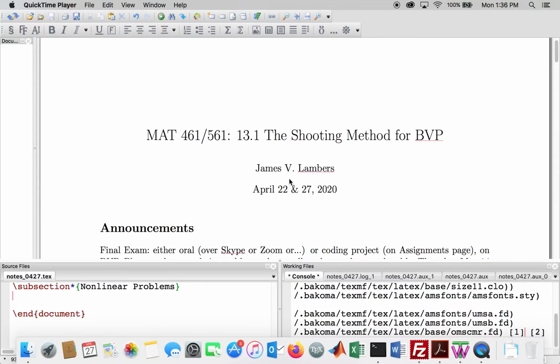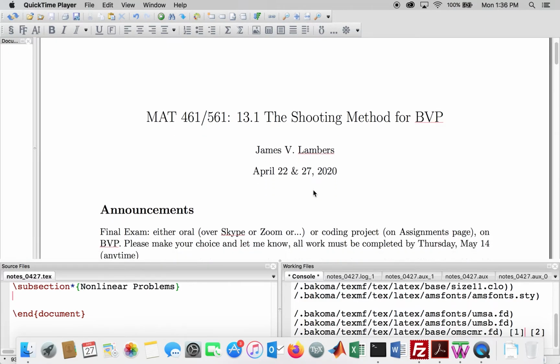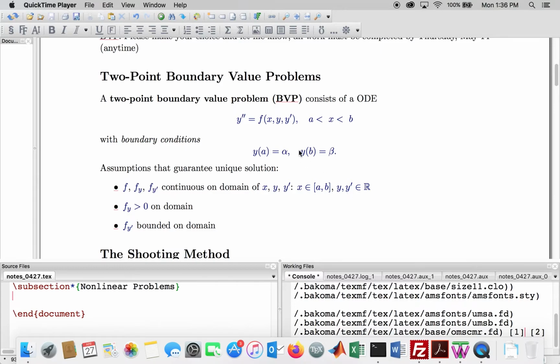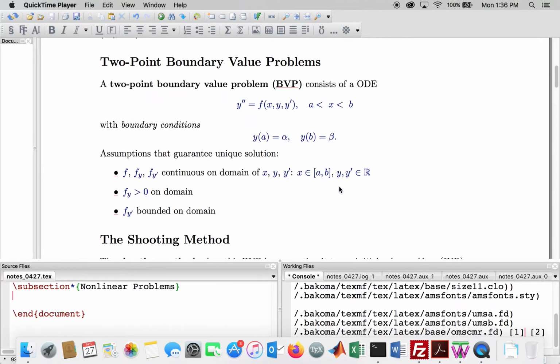Okay, so continuing with a discussion of boundary value problems, and in particular the shooting method. First, a very quick recap from last time. This is the problem we're solving: a second order ODE on a bounded interval, a to b, with solutions specified at the endpoints. These are boundary conditions. And the first approach that we've looked at for solving this problem is the shooting